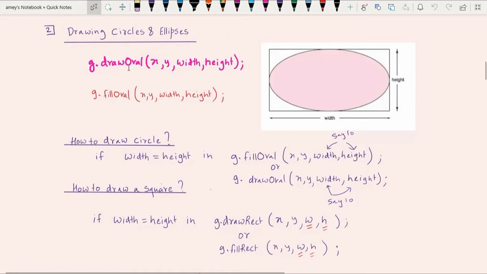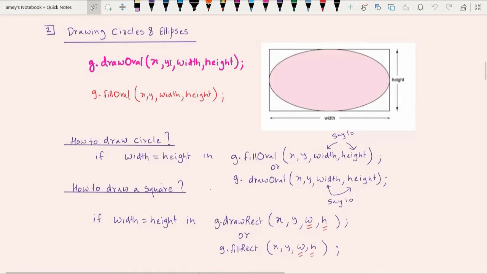Whenever I say draw oval, the boundary of this oval will be the rectangle. This x and y specify the top left corner, the point from which the rectangle will start, and the width and height specify the width and height of the oval that will be drawn within this rectangle.